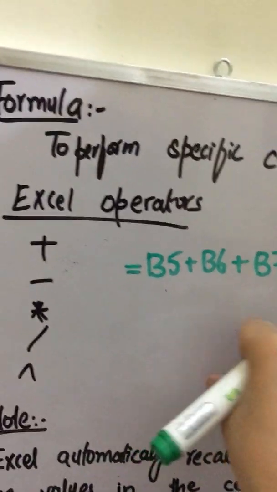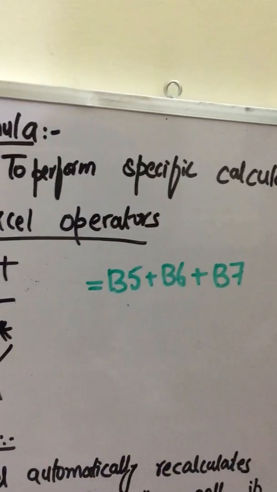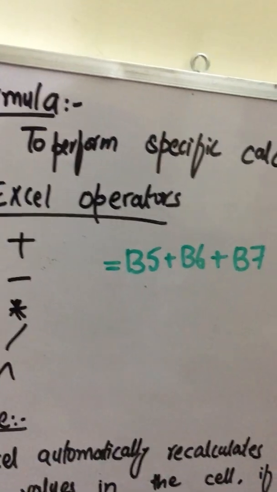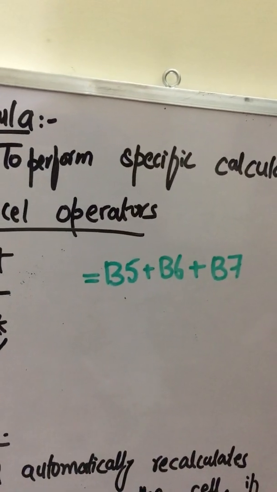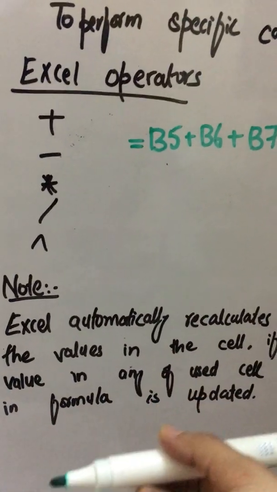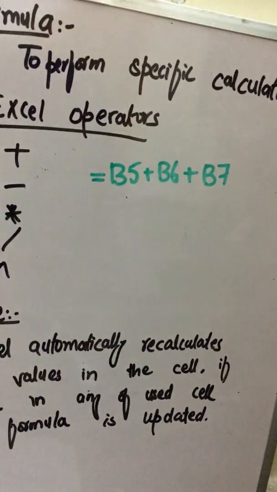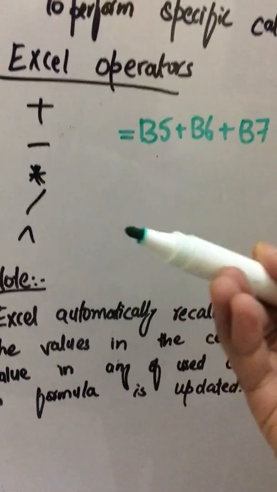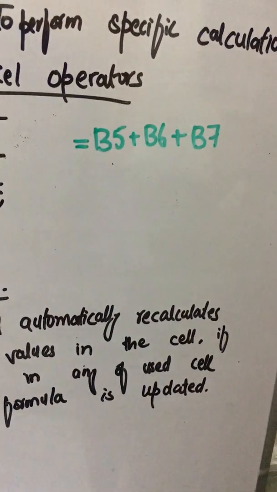Then you can copy the formula to all the range where you want the values to be calculated. Click the cell and point to the fill handle and drag it through the cell range. One thing that should be noted here is that Excel automatically recalculates the formula results. What does it mean? This means that whenever the user changes the value in a cell, the result of the formula in which the value is used will be automatically updated.